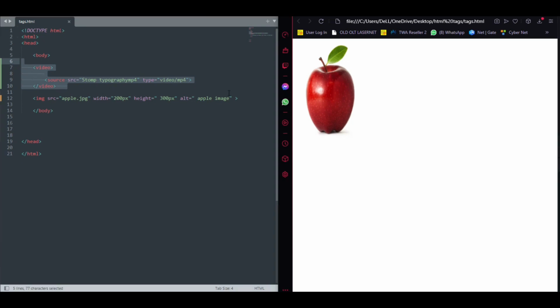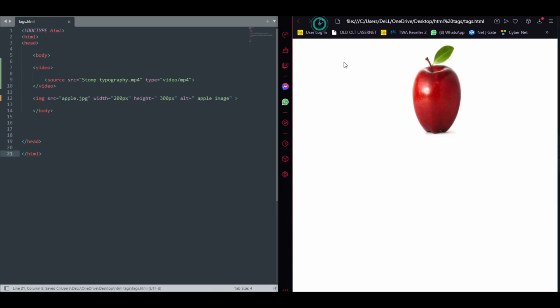For embedding a video, you would need to mention the video tags just like I have mentioned over here, and in between the video tags you would need to write source equals to the name of the video, which right here is Tom typography.mp4, and then you would need to give the type equals to video/mp4. Now on saving and refreshing it, you could see that the video has come over here,